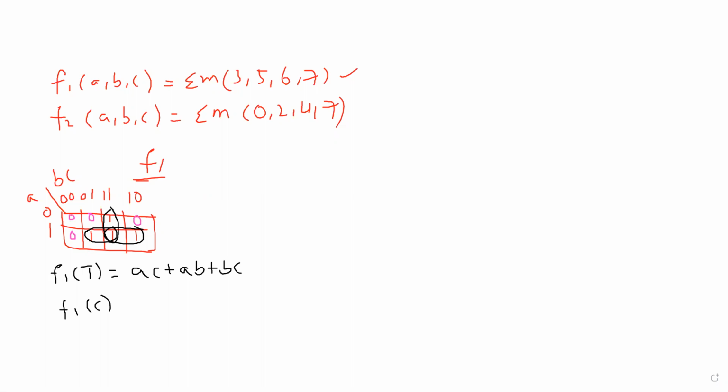Now if you observe, we can form groups. Sorry for that, I will use a different color, once again a black color for you. I can form this one group, two, and this one. Now in the complement form, I can write A complement into B complement, A complement into B complement,